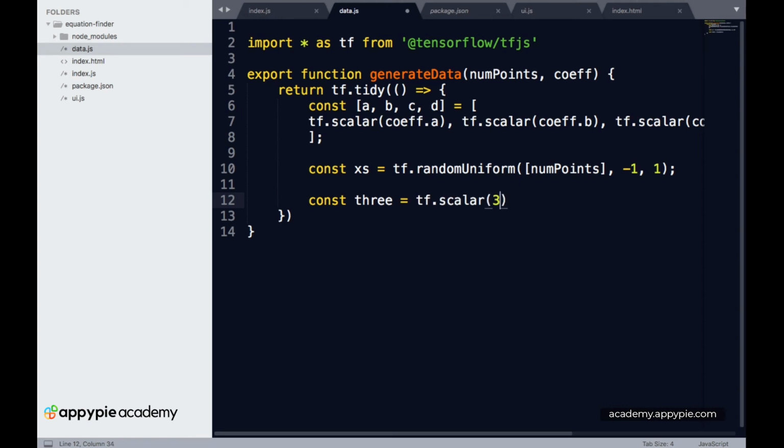The first one will be a value 3, followed by the type of data which we want it to be, and that will be integer of 32 size. Then we have another variable which will be ys, which will basically be the difference between two y coordinates, and let's call this a dot multiply.